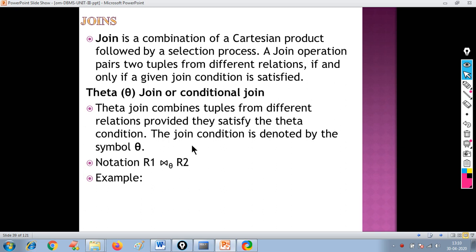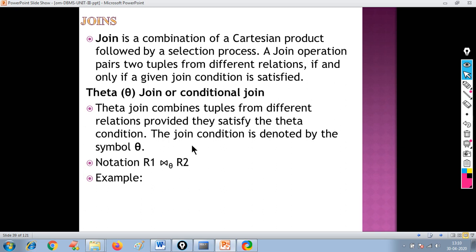So if there are two tables having m number of rows and n number of rows, then when you apply the Cartesian product, the result will contain m into n number of rows. That is the multiplication of the number of rows in both the tables. Similarly, the number of columns of the first table plus the number of columns in the second table will be there in the result.